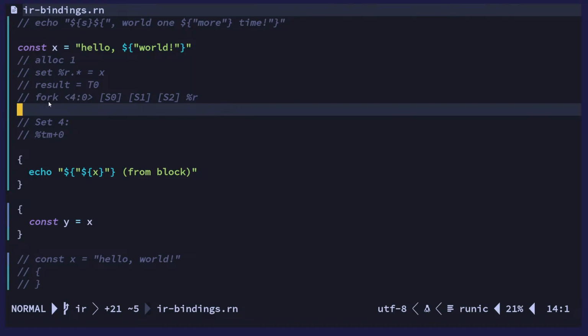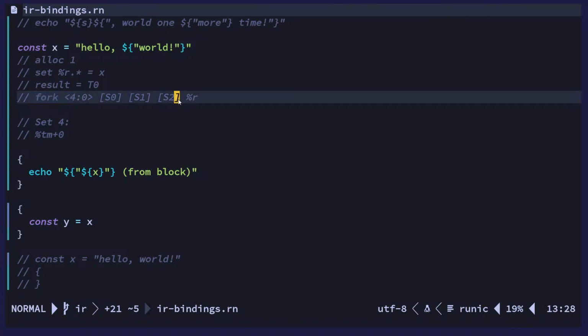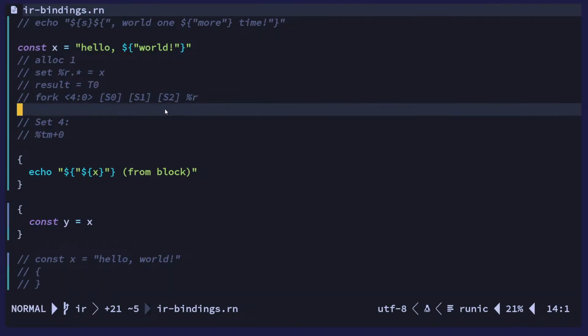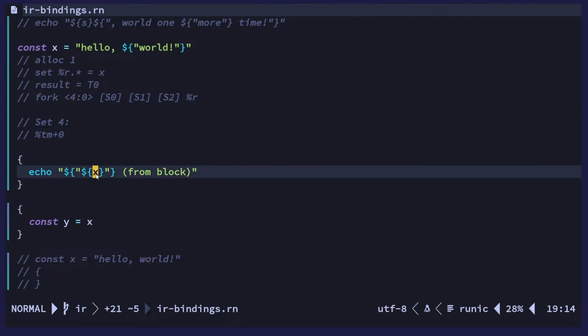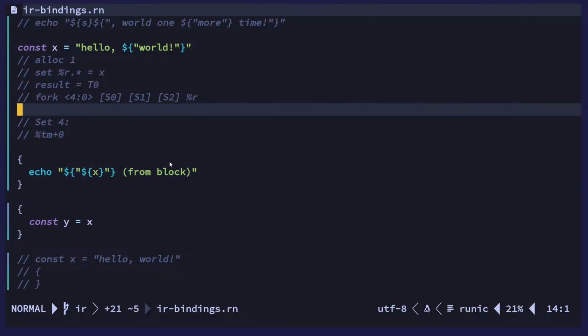Another idea is to simply make fork into a variadic instruction that will take any number of push arguments here. So it gets pushed on the stack. Presumably this would maybe also get pushed on a stack, and maybe we don't actually need a register. I don't know. But instead of pushing these on the stack, we would push whatever things we need, like X, we push X on the stack again, so we kind of copy. But the problem then is that what if we